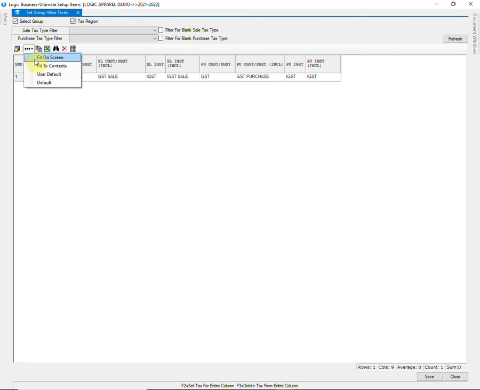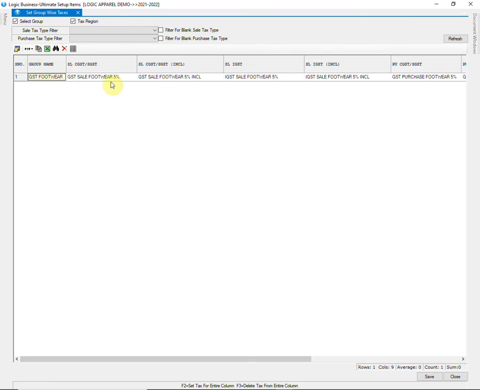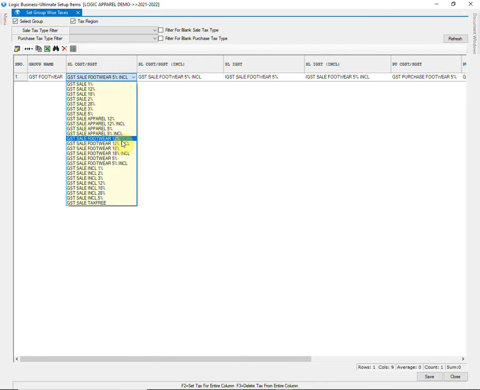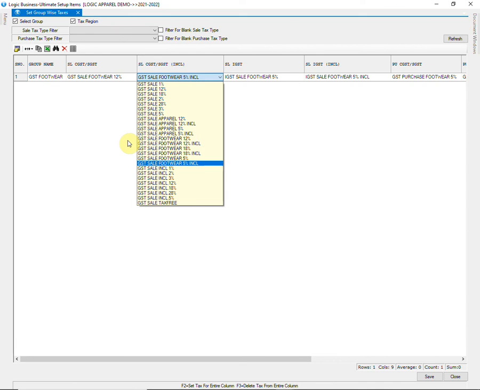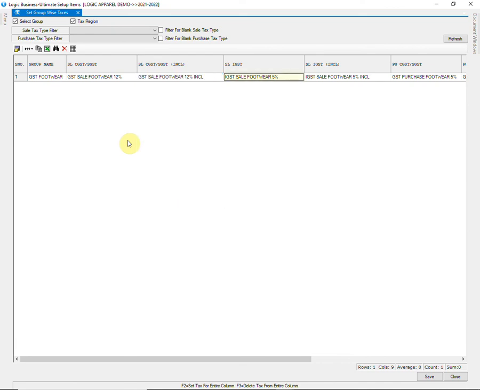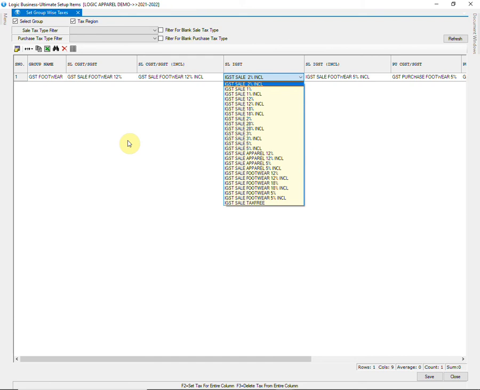Now, we just have to replace 5% tax with 12% tax in each tax region. For example, in the first column, we will replace GST sale footwear 5% with GST sale footwear 12%. Carefully change the tax in each column. Also, be cautious of the inclusive and exclusive tax region.